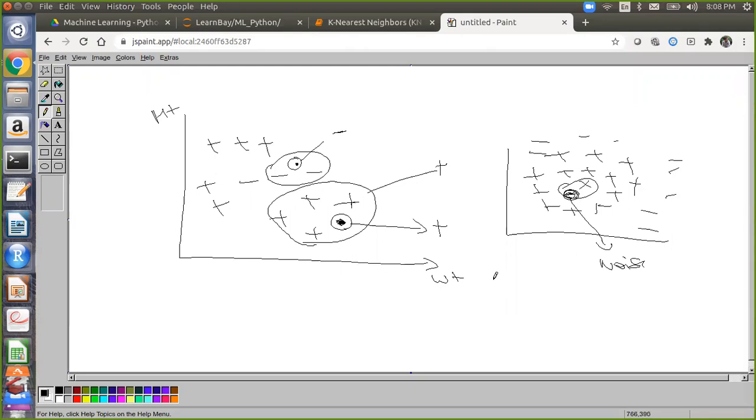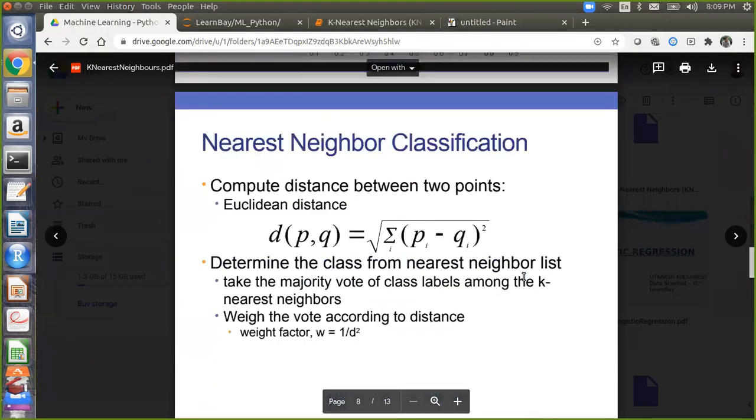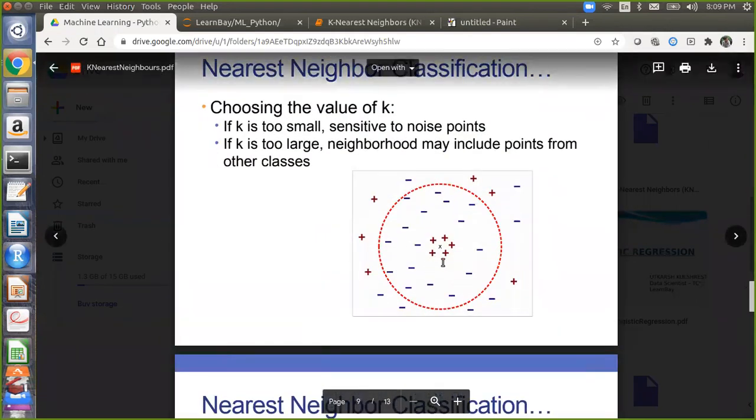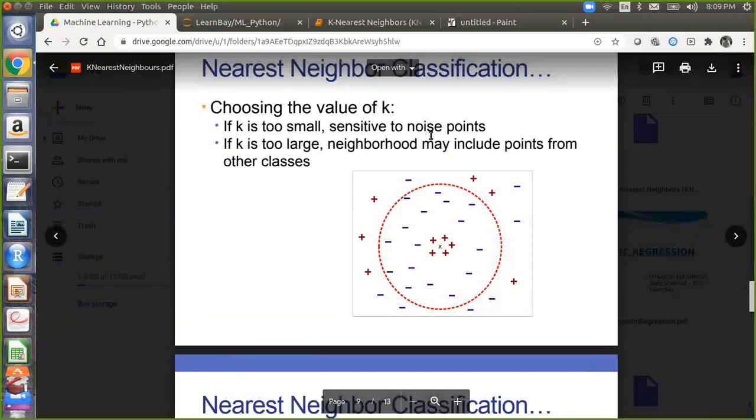Another problem is if you keep on increasing the value of k. Then it will take points from outside the border of the available classes. For example, if k is too small, it is sensitive to noise points.